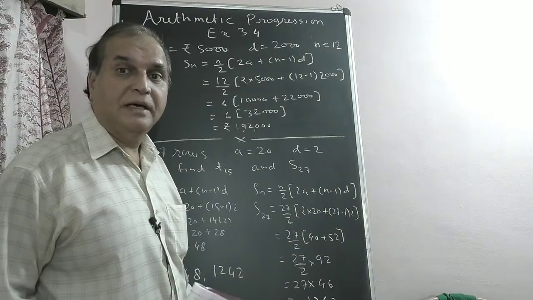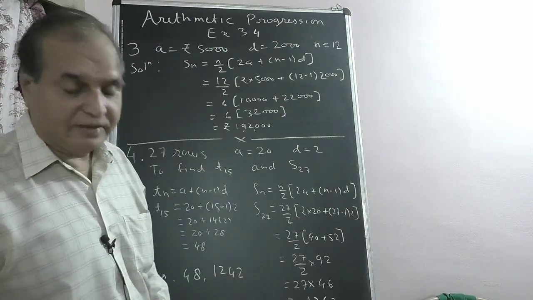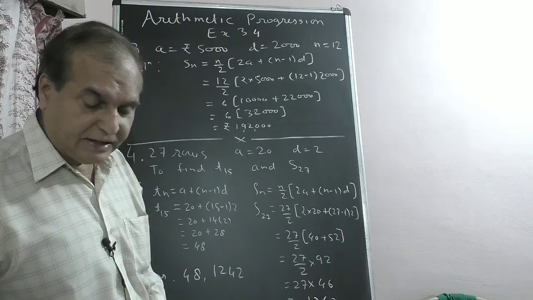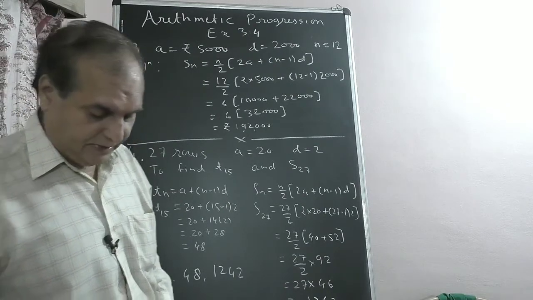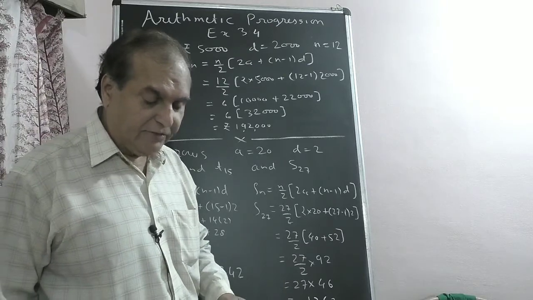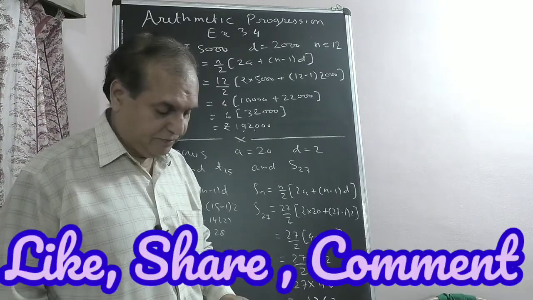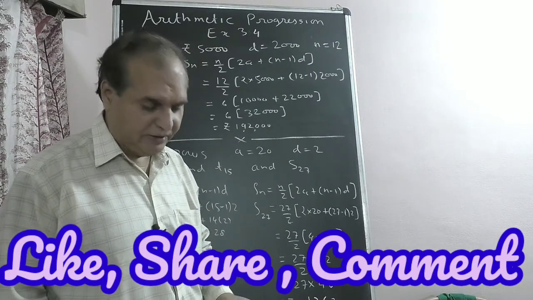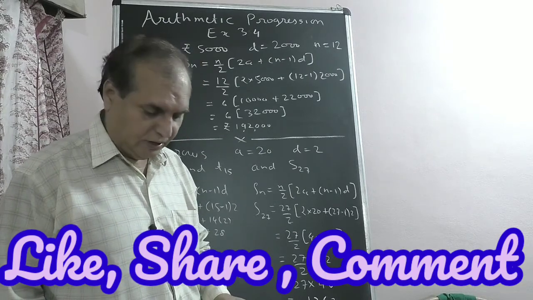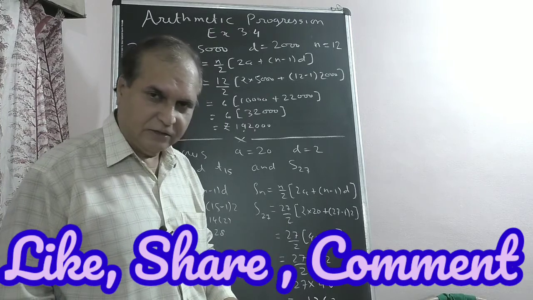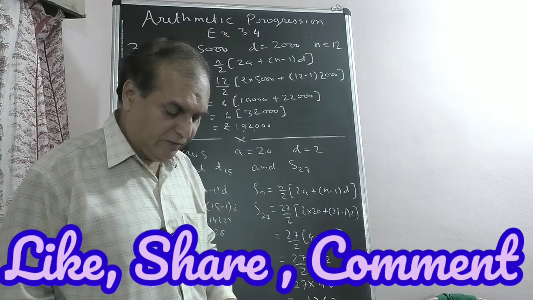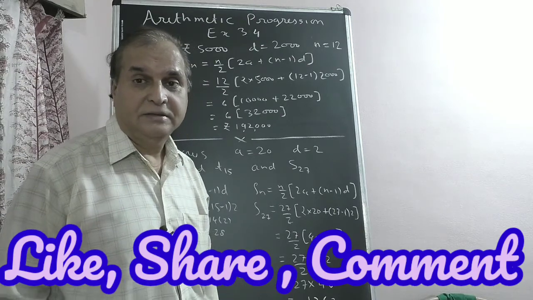First understand the sum, then we'll make data of that. Sachin invested in a National Savings Certificate Scheme. Okay. In the first year, he invested rupees 5,000. Second year, 7,000. It means a is 5,000 and d is 2,000. And third year, 9,000. So d is confirmed. Find the total amount he invested in 12 years.